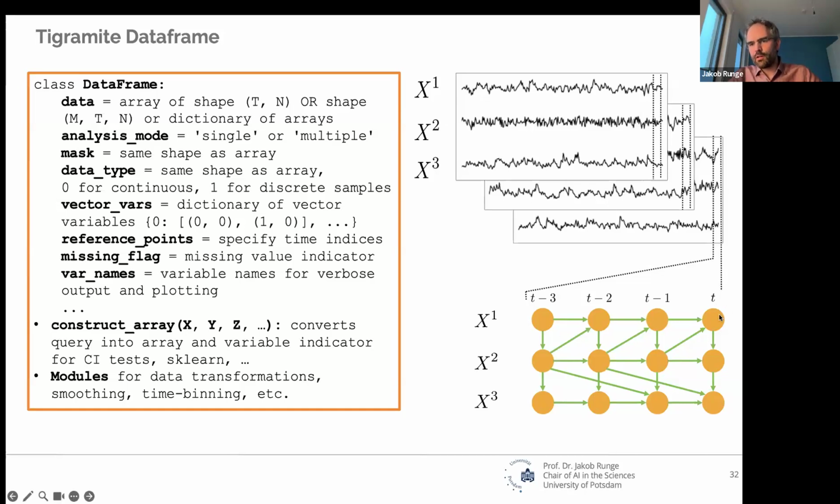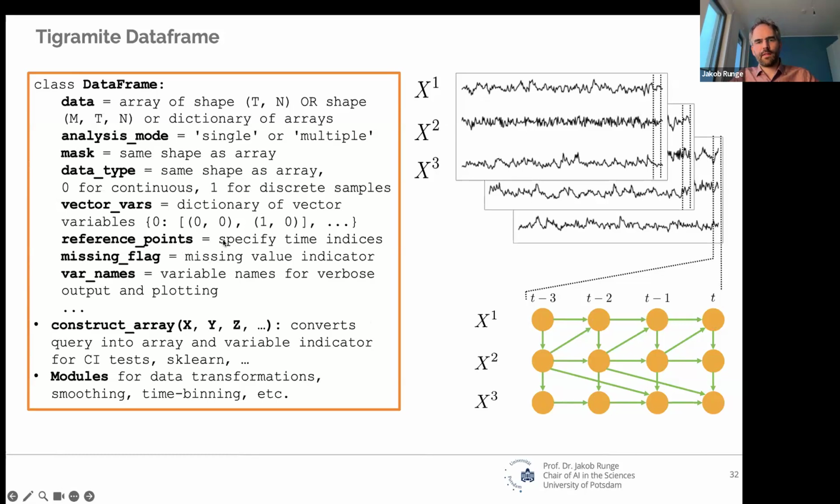But the node here that you want to learn is just one node, but it comprises basically two columns in your data frame. And in that way, you can very flexibly define these vector valued variables, and then that is digested by the dependence tests and other functionality.